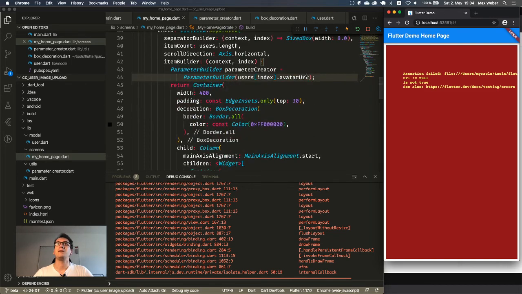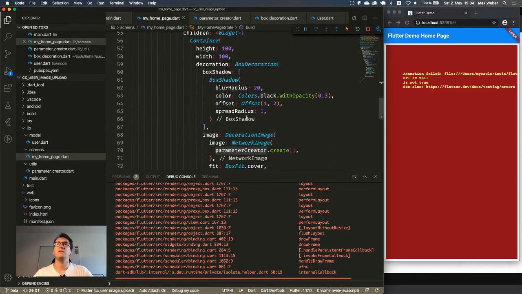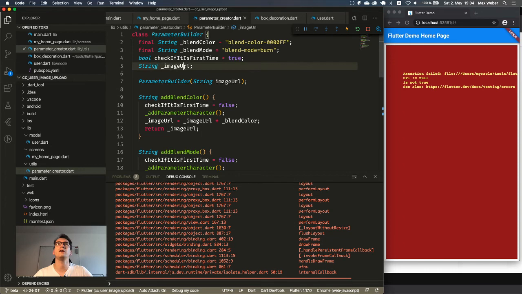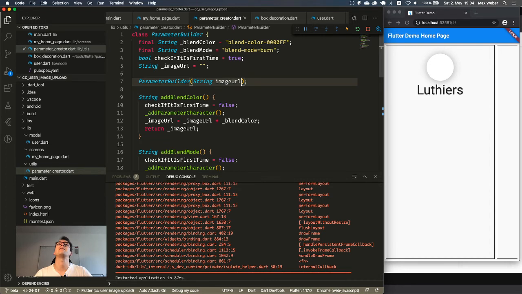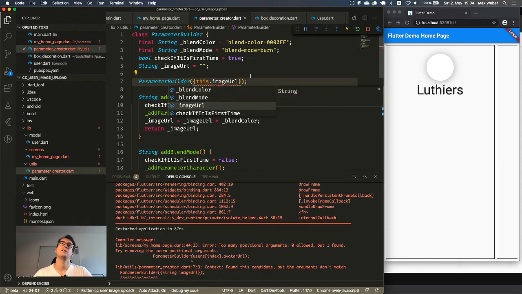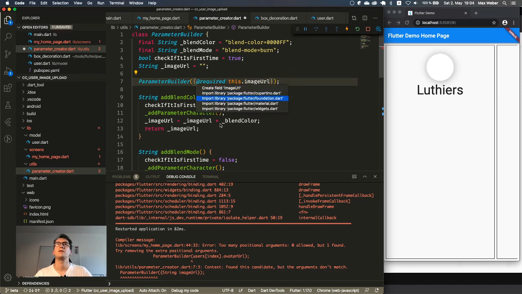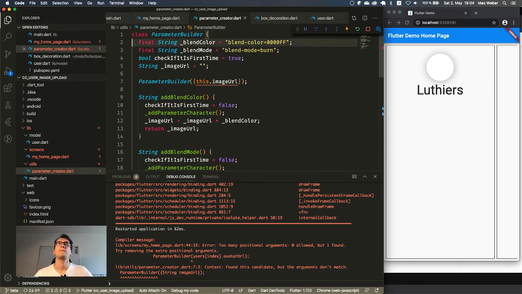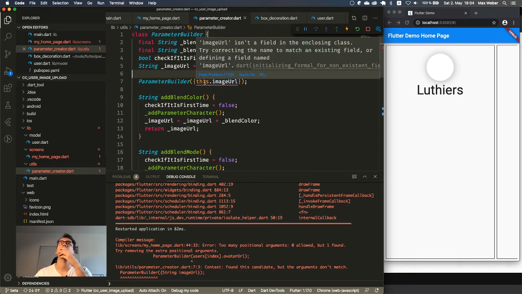So what I did in the meantime, I just tried a bit around, but somehow I still don't get it. The create function returns null, which is weird because the image URL is usually an empty string. I'm so bad. Of course it is null, because I have to set this image URL here and maybe make it required. No, let's keep the required away. But that's weird. Why does it not get it?